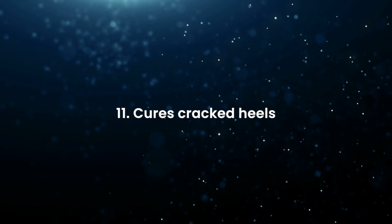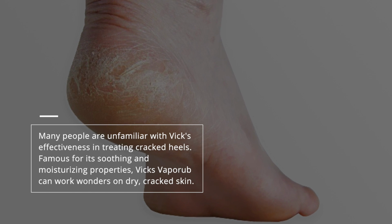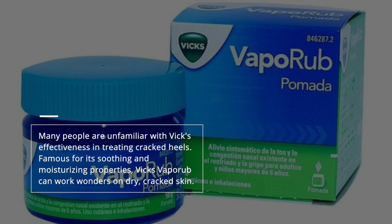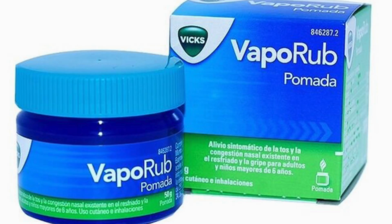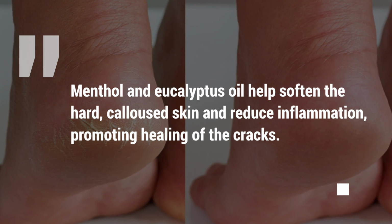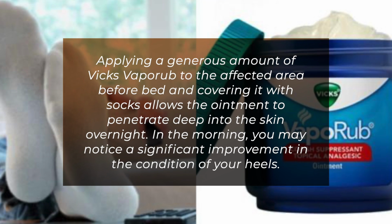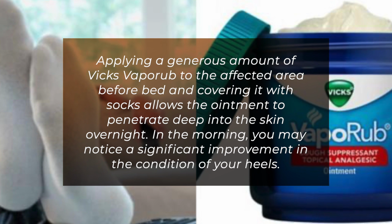11. Cures cracked heels. Many people are unfamiliar with Vicks' effectiveness in treating cracked heels. Famous for its soothing and moisturizing properties, Vicks Vaporub can work wonders on dry, cracked skin. Menthol and eucalyptus oil help soften the hard, calloused skin and reduce inflammation, promoting healing of the cracks. Applying a generous amount of Vicks Vaporub to the affected area before bed and covering it with socks allows the